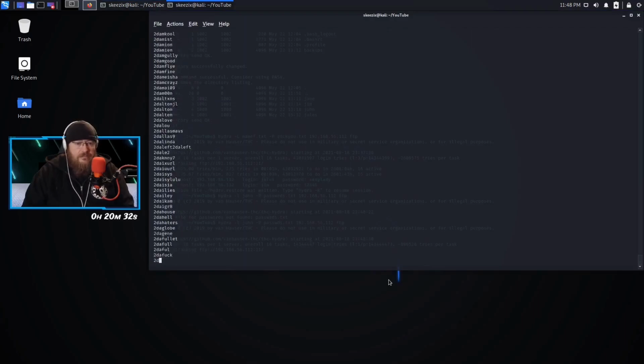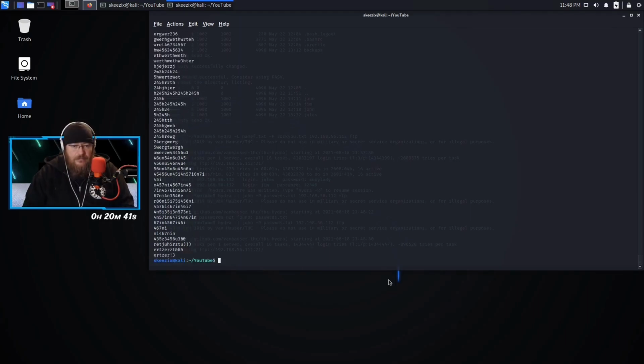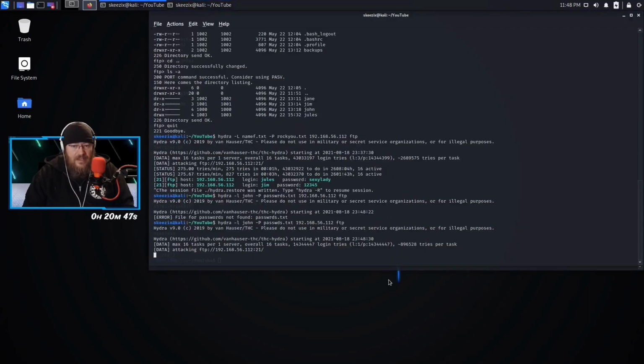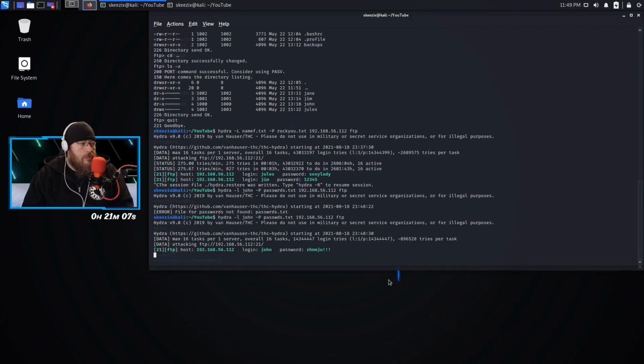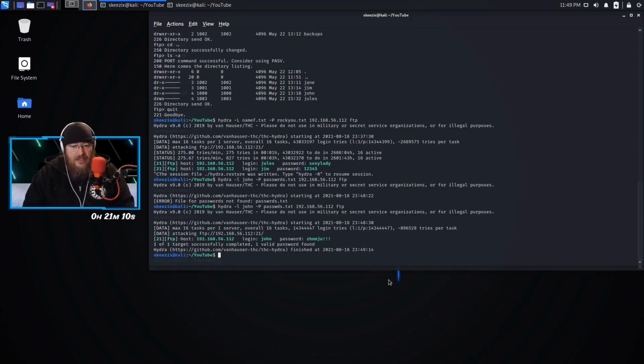Okay, so since that's running, this list is still going. And I'm just going to let this one play out to the end. All right, as you can see, it's quite a large list. So let's go back to the other window. And this is actually comparing that password list to the john login on the FTP server. And this one's going to take a little bit. Okay, as you can see, it did find a password,